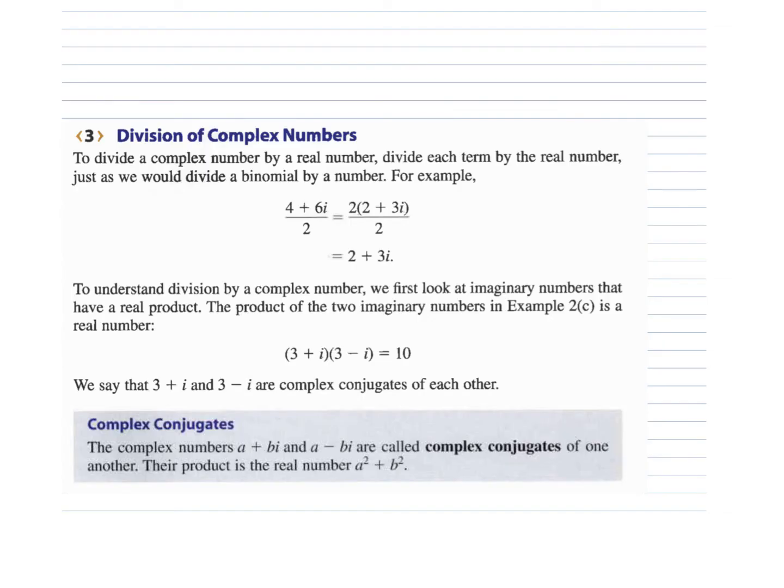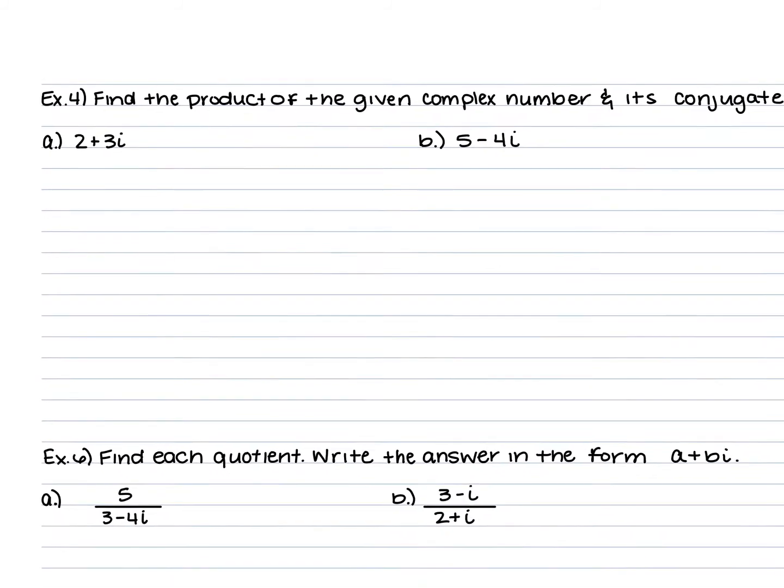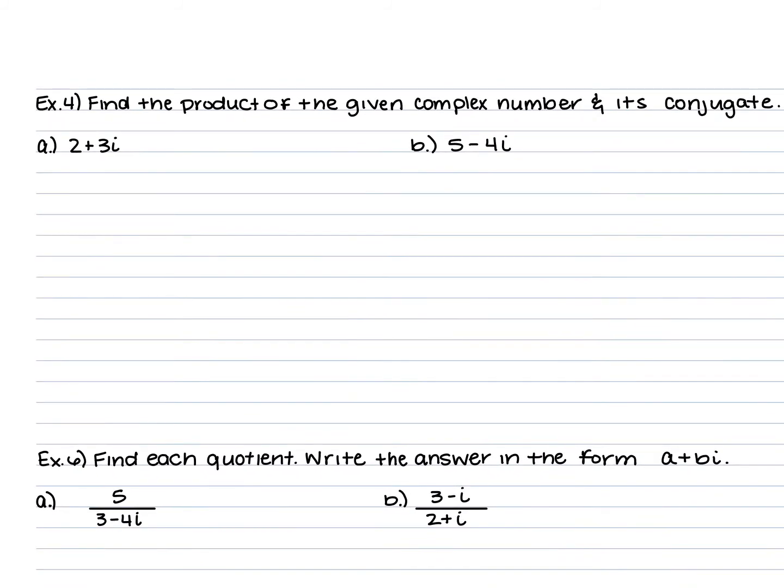So the next part, which is the complex numbers and their conjugates, you are working with simplifying these fractions or expressions and multiplying by the conjugate in order to cancel out that i squared or to cancel out something. Remember, the conjugate of a binomial is the same two terms but with a different sign between the two terms. So if we look at example 4, it tells us to find the product of the given complex number and